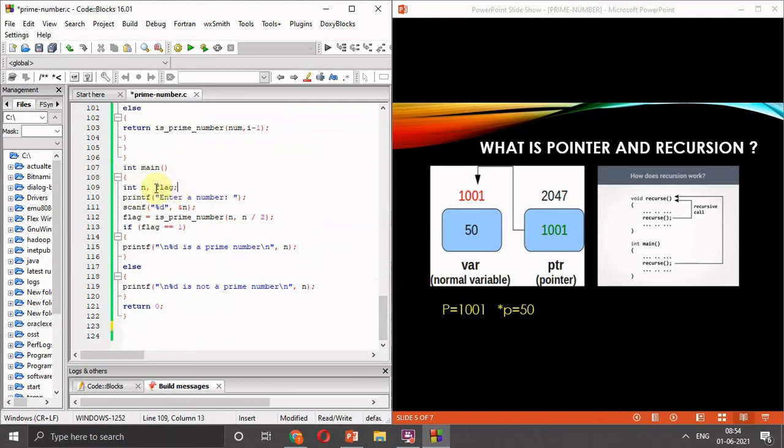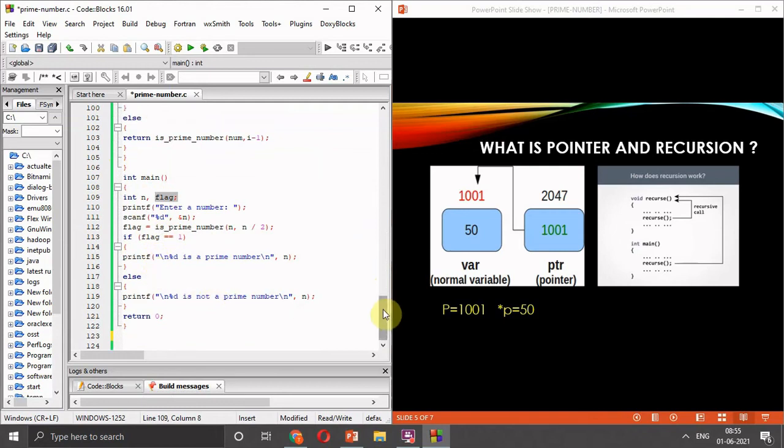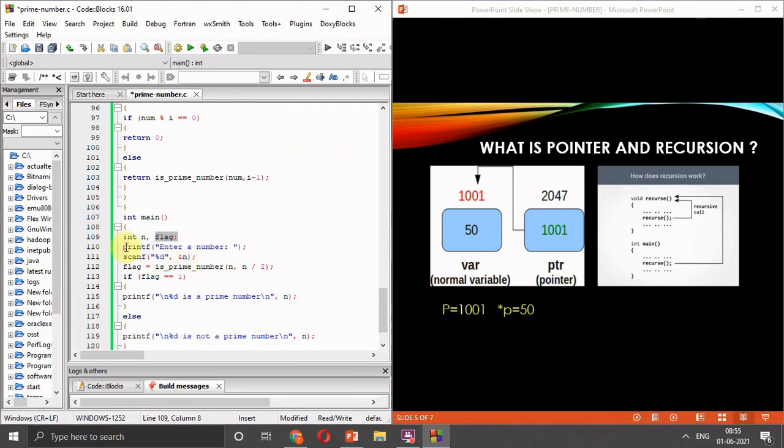Okay, we'll always start from the main function. So here in the main function we are using one variable called flag. Flag is to indicate that if flag's value is 1, then we will say the number is prime, and if flag's value is 0, then we will say that the number is not prime.